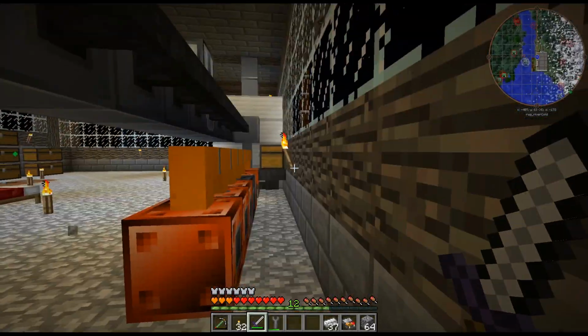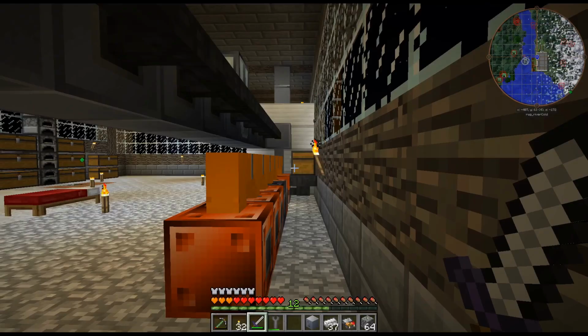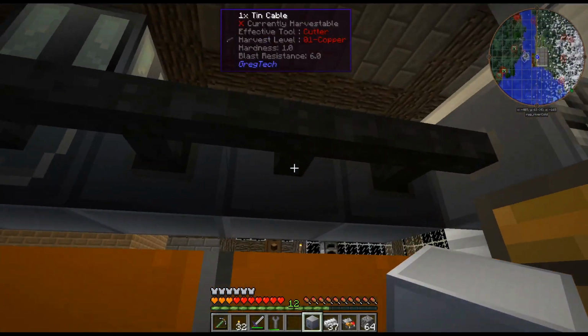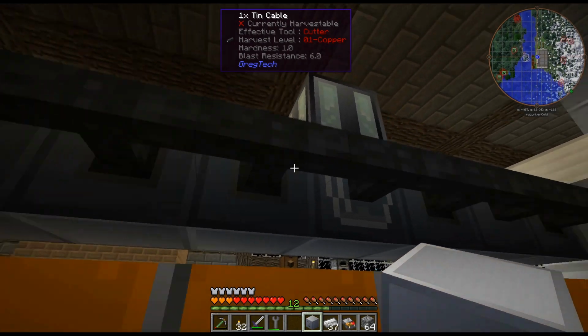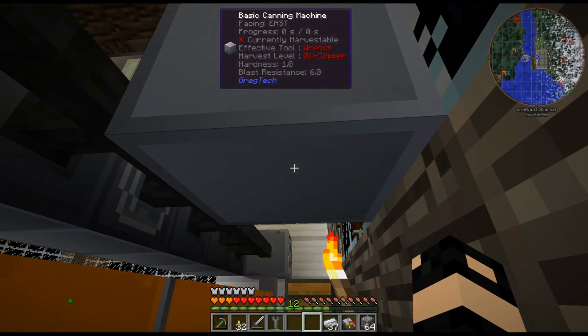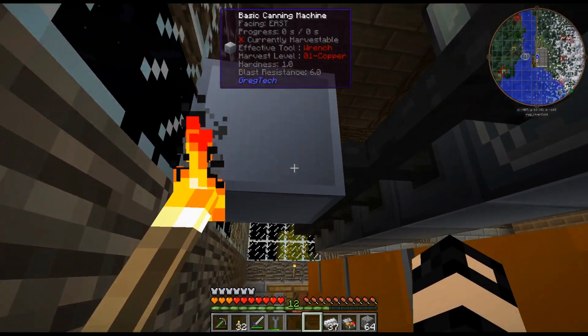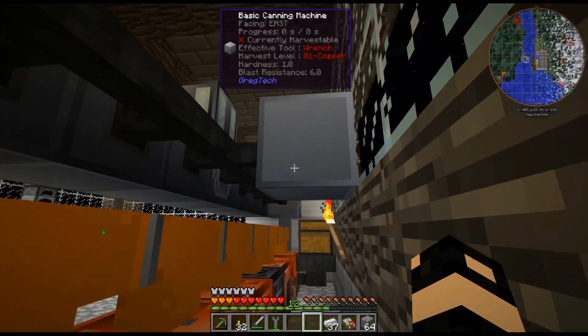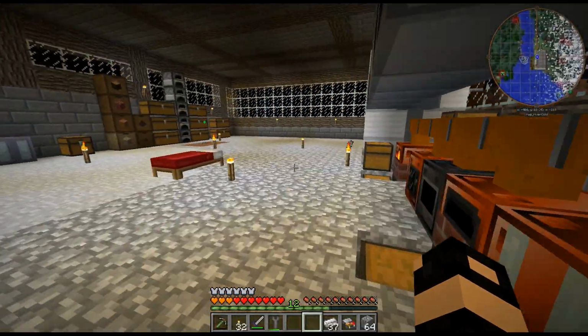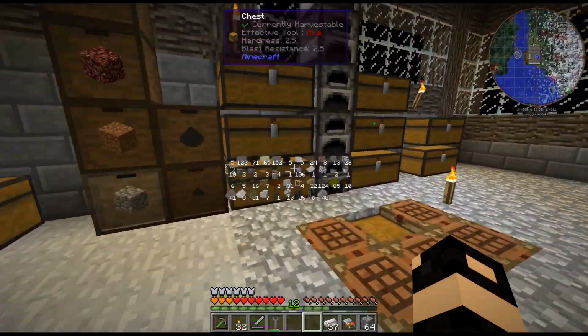All right, I do need to throw this down. I'm probably just going to throw it on the back because this is not going to get used very much. Sure, right there. Yeah, this is definitely not laid out very well. But there is the canning machine. So we're going to throw those in there. And then I need to make